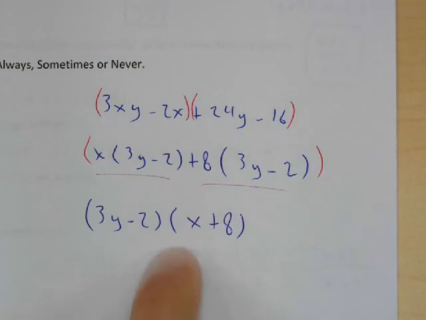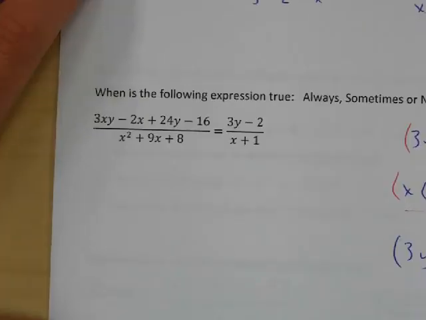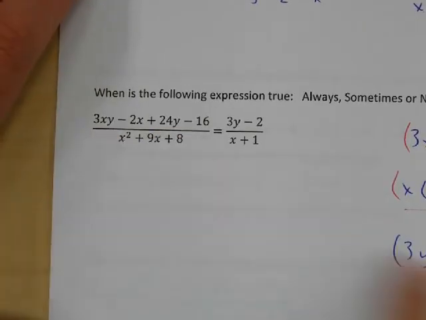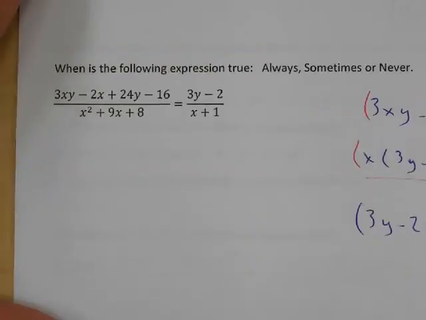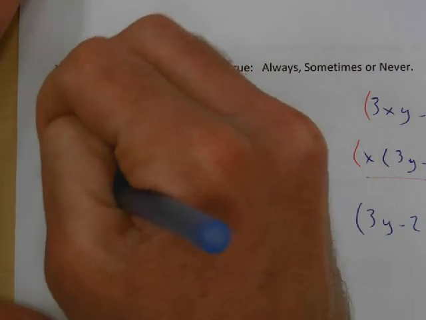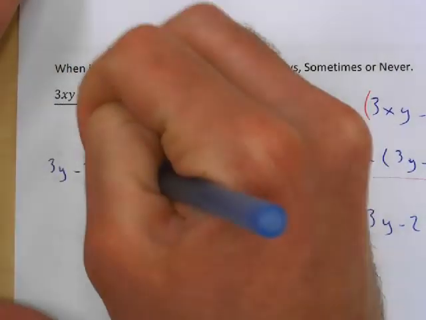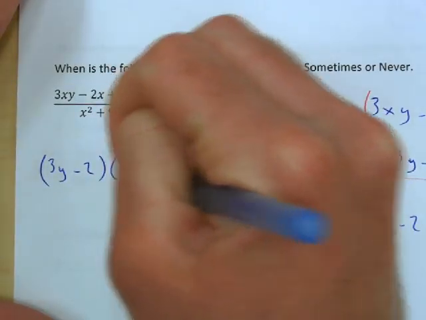So I can replace this big 4-term polynomial with just these 2 binomials. We'll write that. We get 3y minus 2 times x plus 8